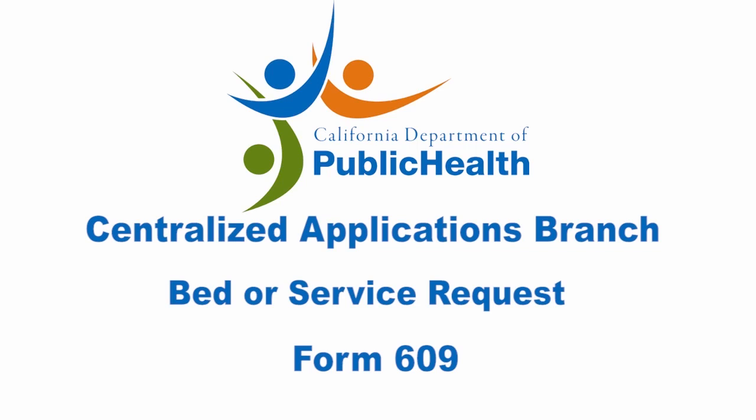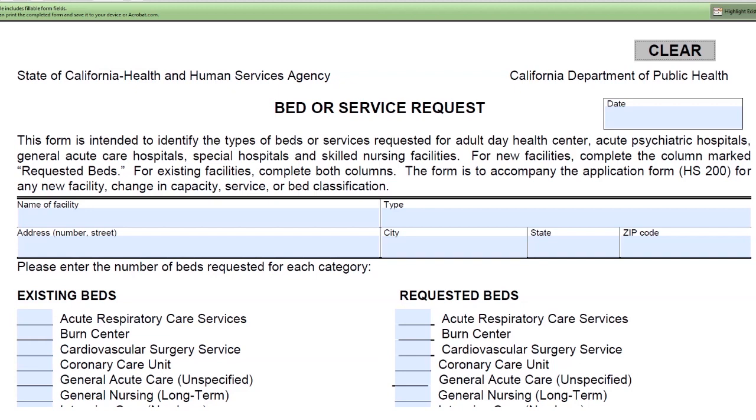Hi, I'm going to guide you through how to best fill out the CDPH 609 form. This form is used for initial change of ownership or report of change applications. It allows the centralized application branch analyst to see what beds or services your hospital would like to add, delete,